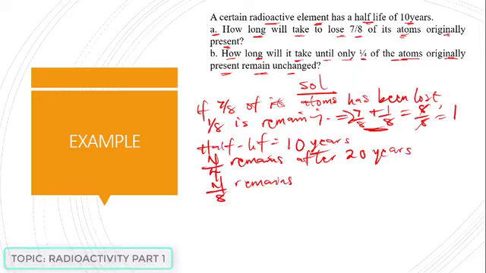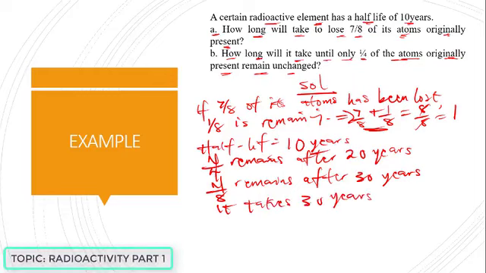As it keeps decreasing every 10 years, half of it depreciates. N/8 remains after 30 years. So what it simply means is that it takes 30 years for this atom to lose 7/8 of its atoms,